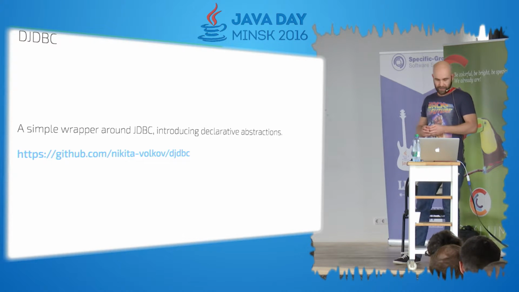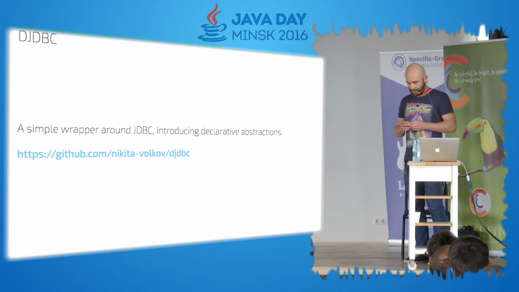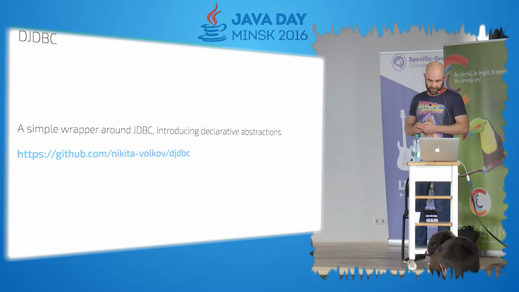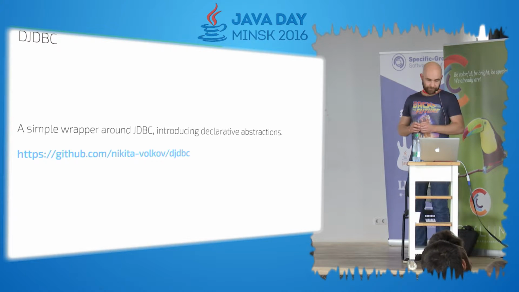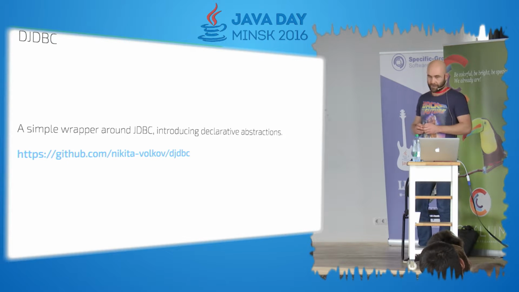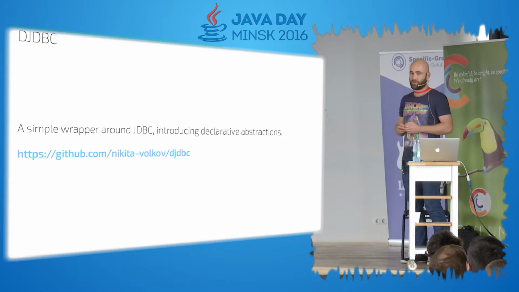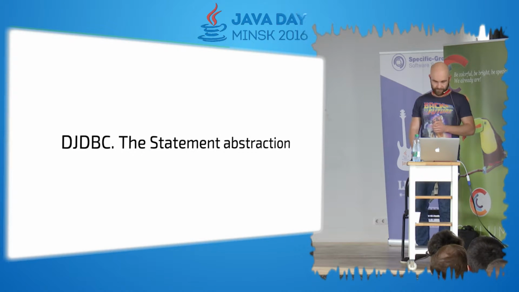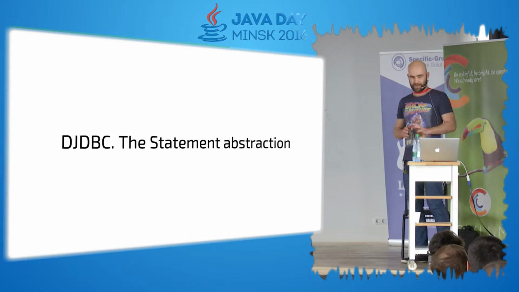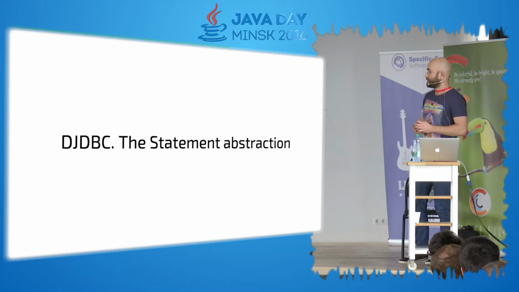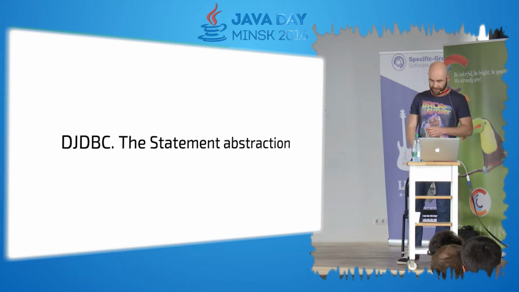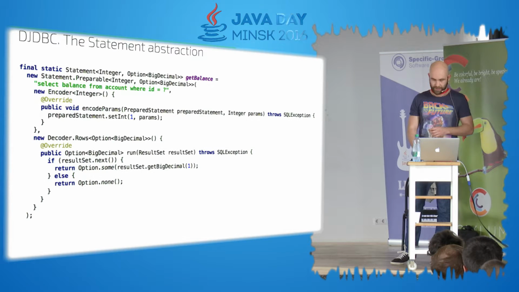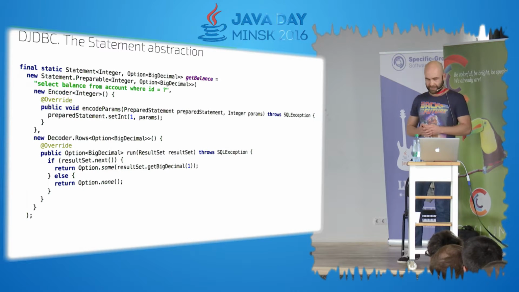And thus we arrive at the library that I'm going to be discussing. It's just a simple wrapper around JDBC, which introduces a few quite simple abstractions, and I'll show them right now. So first, the most basic abstraction that there is in this library is the statement abstraction. Here is an example of a statement